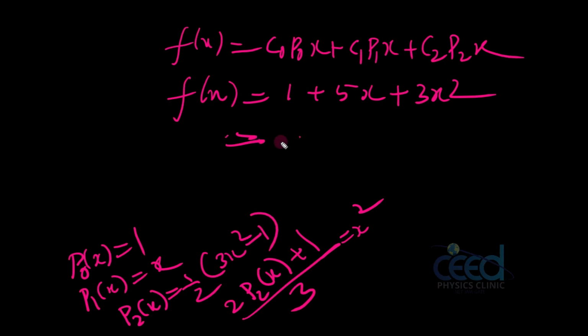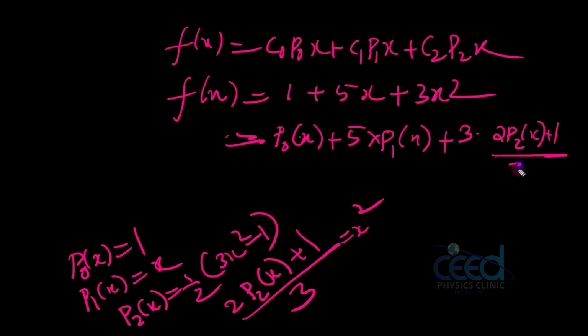So 1 is P0 of x, right? P0 of x plus, what is 5x? 5 into what is x? x is equal to P1 of x, right? That is P1 of x. What is 3x square? 3x square is equal to 2P2 of x plus 1 divided by 3. So this 3 cancels, right? That is equal to c2 P2 of x plus c1 P1 of x,